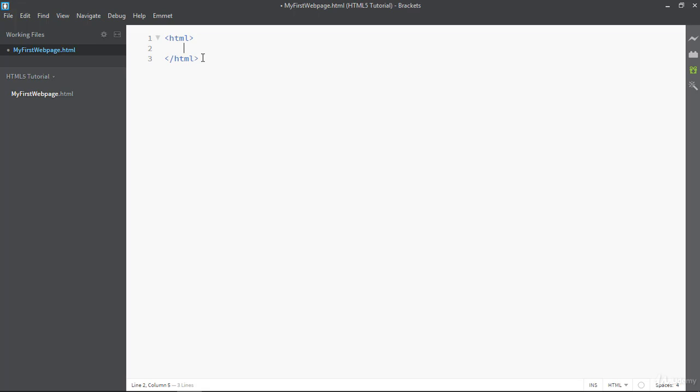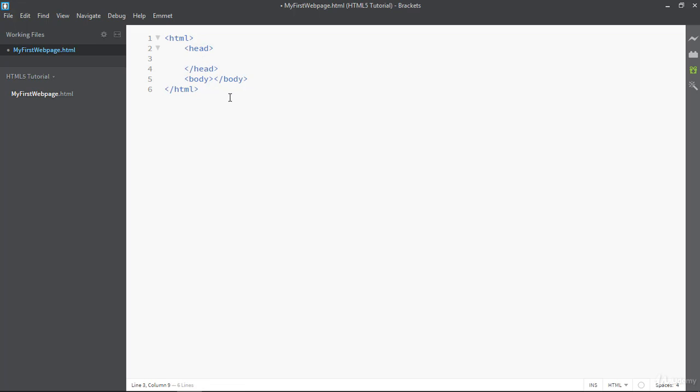Now HTML tag will contain two childrens. First one is head and the second one is body. So inside the head tag here also head opening tag, head closing tag is there.